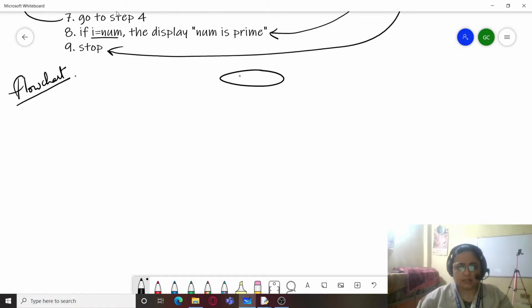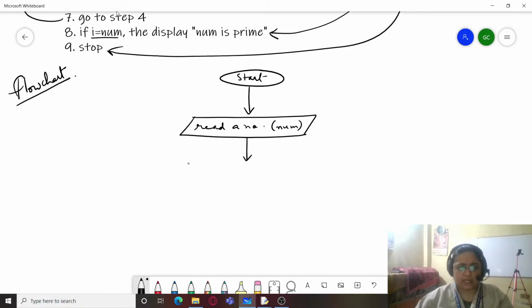So we start the program. Now we have to accept a number from the user. So we accept a number, read a number, and that is num. After that we will make a setting, we will make initialization, that is I equals 2.